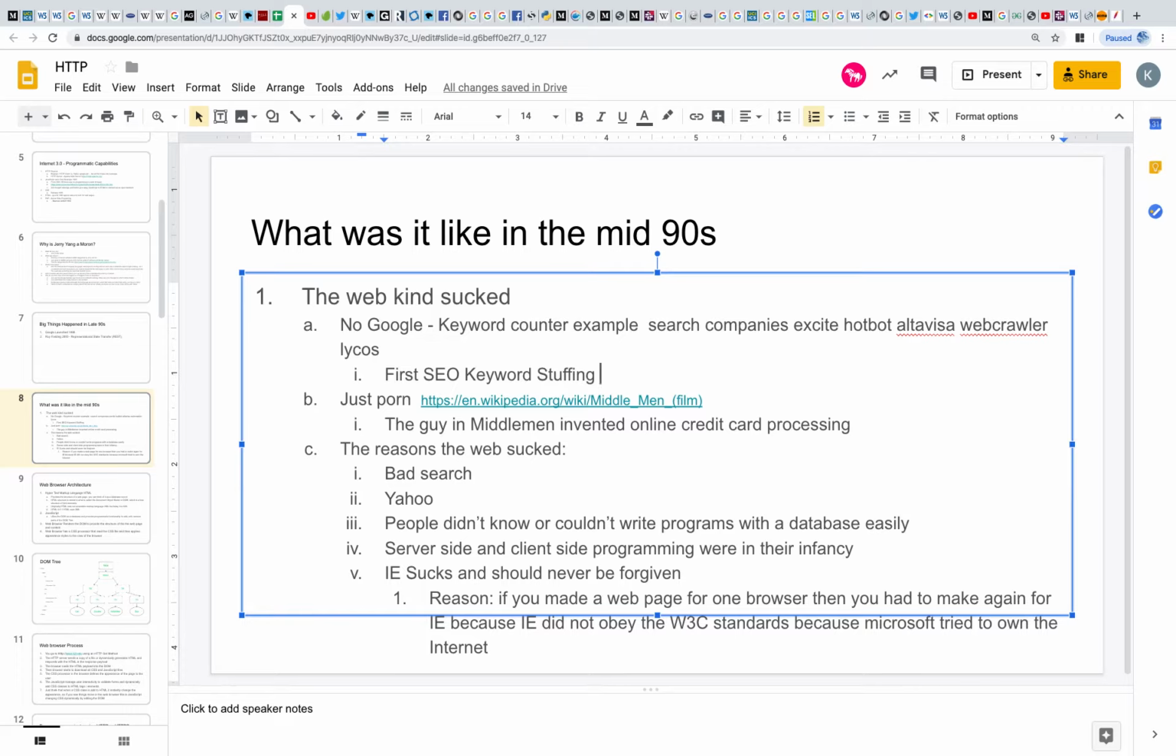And this is where Yahoo comes in. All right. So where Yahoo comes in